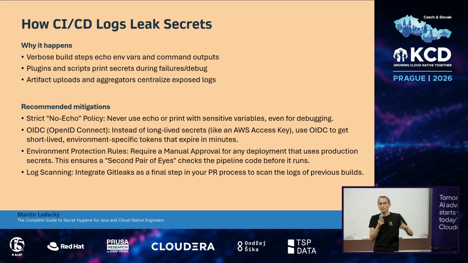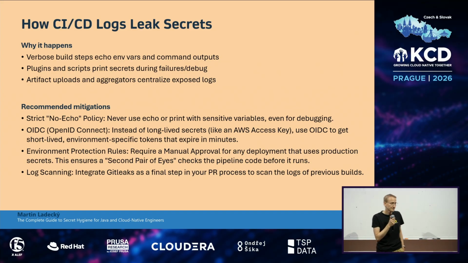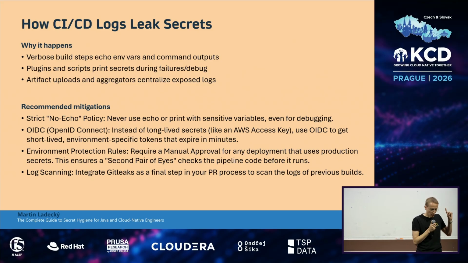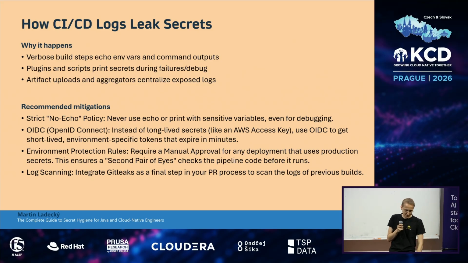Also, if you are writing it for ICE, so it means 2 people, do that, that's also good, because otherwise someone can use it. And before the question comes up in the discussion, the only thing you can really use to prevent it is OpenID Connect. It means short-lived secrets. But this is very difficult to implement. It takes some time. If you have short-lived secrets, you are good to go. If they know your password, it's valid only for 1 minute. So okay, I'm good with it. But otherwise, yes, CI/CD pipeline is the worst.